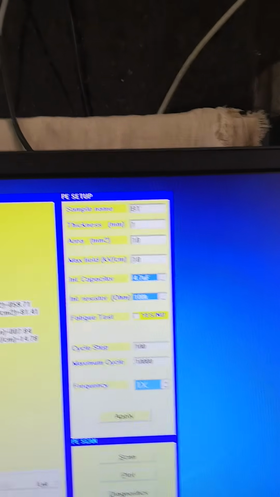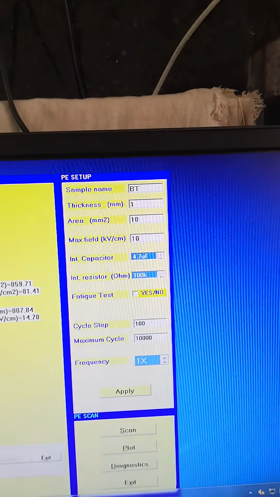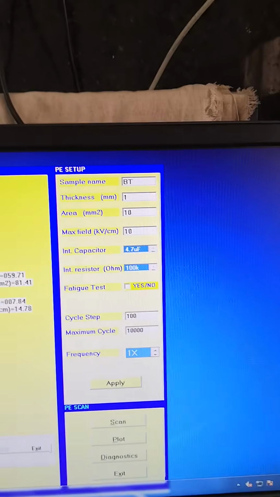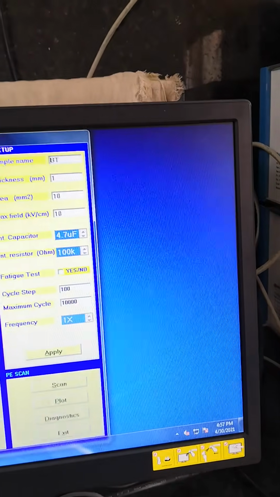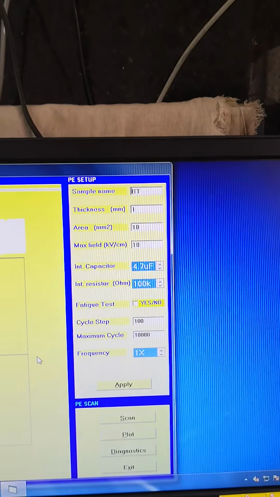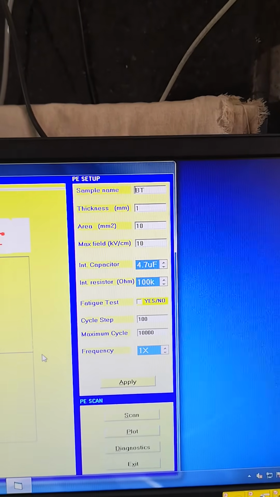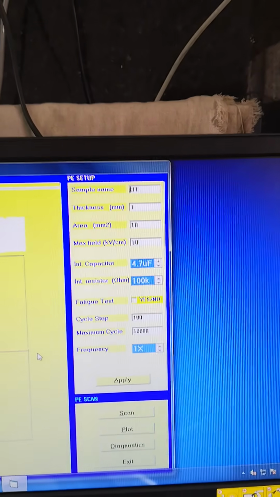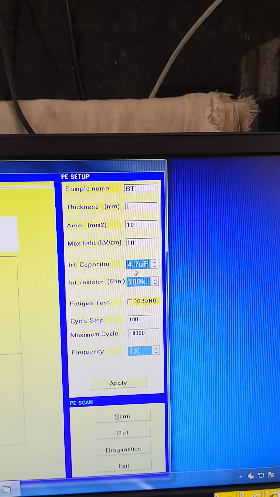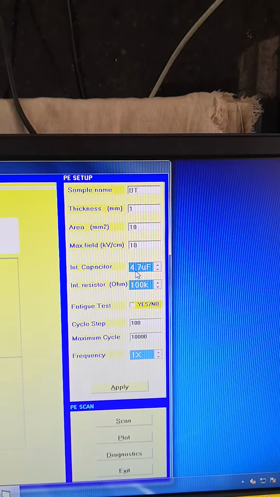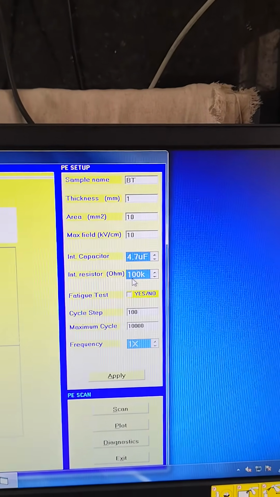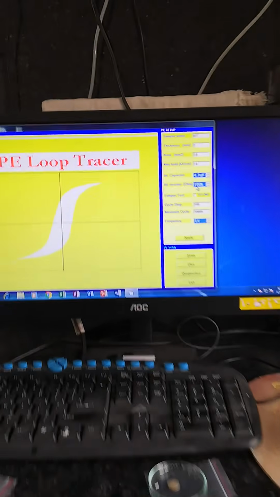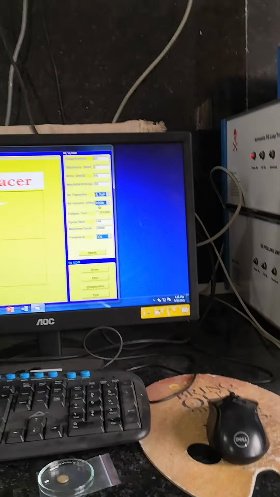The value of the internal capacitance and resistance that we choose is according to the sample. If our sample is a good ferroelectric material, generally it will show a good PE loop at the higher value of the internal capacitance, right? And we use the resistor value to adjust the shape of the PE loops.